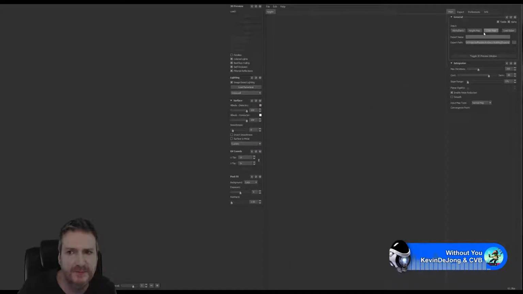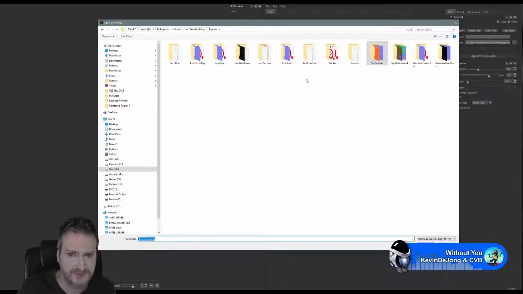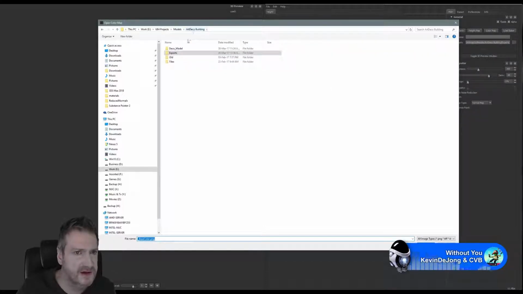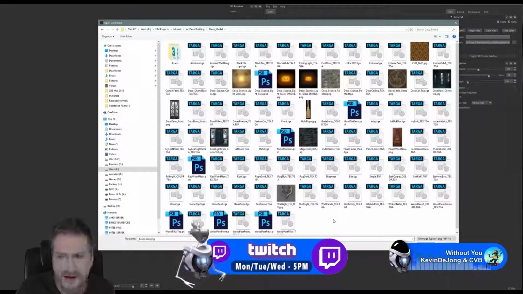We didn't actually texture those pieces up in Substance, so it didn't create our normal map automatically for us. So we're going to have to go back into our original deco model folder, find those textures we're using for our decorations, and they are